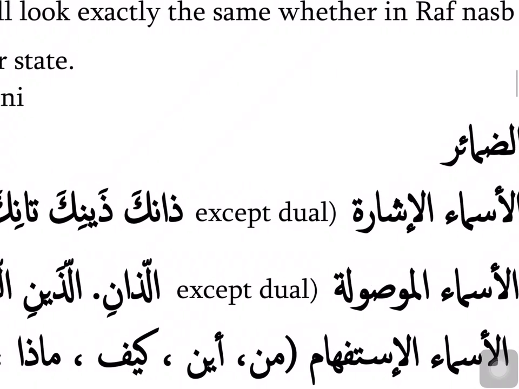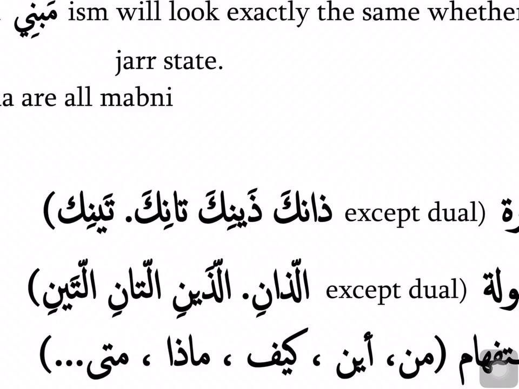These are the dual ones. So for instance, hadani, hadaini, hatani, hataini, dhanika, dhainika, tanika, tainika. So the dual version of an ism ishara is mu'rab. You can see that we have 2 options. Dhanika, dhainika. If you notice, the ani, aini ending is coming in there. Even though it's not at the end, it's in the middle, and there's a reason for that. But there is the ani and the aini. So for raf status, dhanika. For nasb or jar status, dhainika.